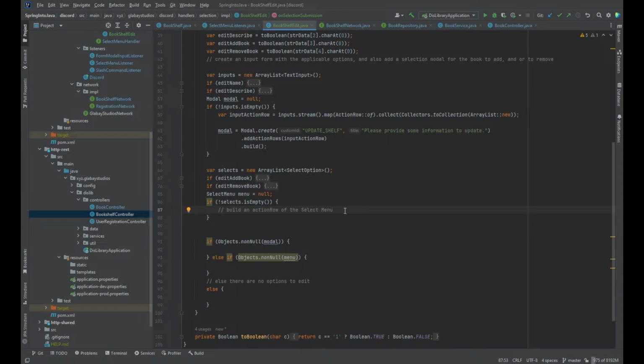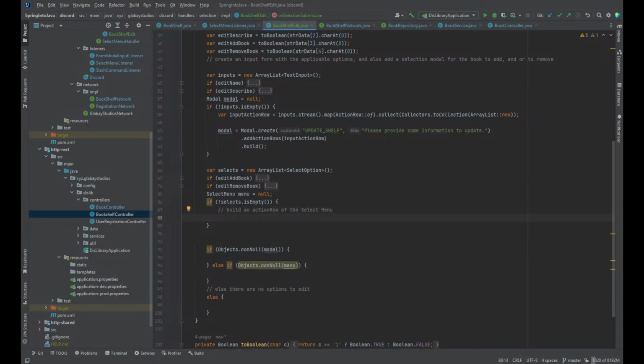Essentially here we're looking to pretty much do what we did up top. We're looking to select, stream, map, action row of... then. Okay, so for each